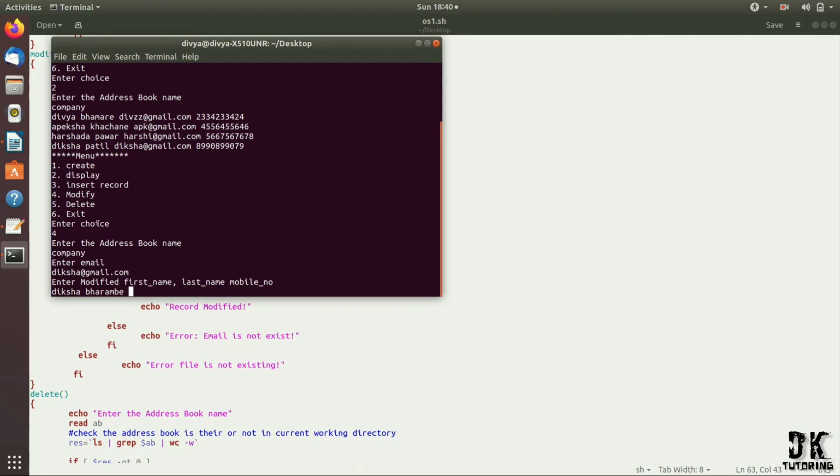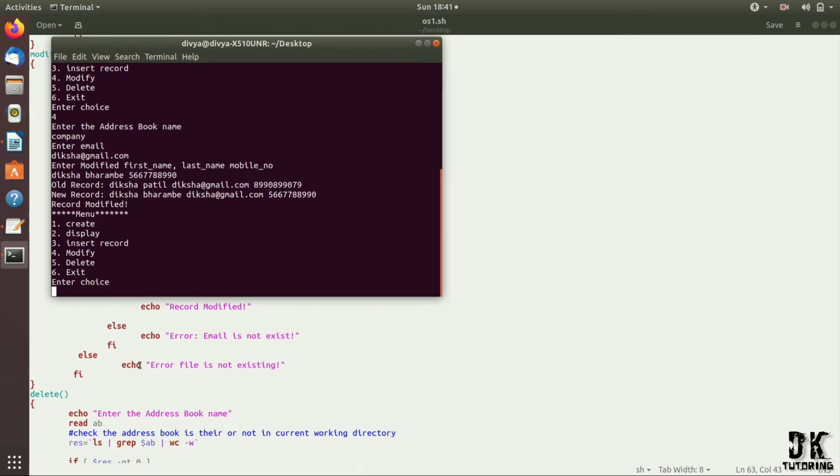At the place of Patil I write here Bharambe. And mobile number, and press enter. You can see here my old record was Diksha Patil, and my new record is Diksha Bharambe. And I get the message here, record modified.